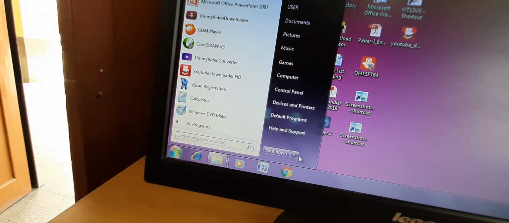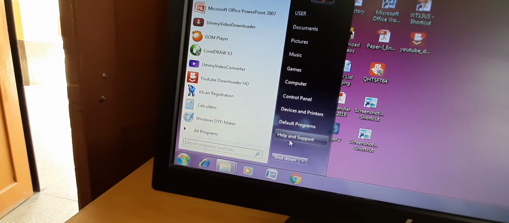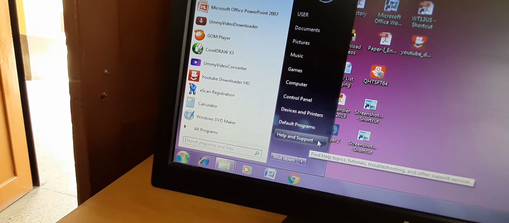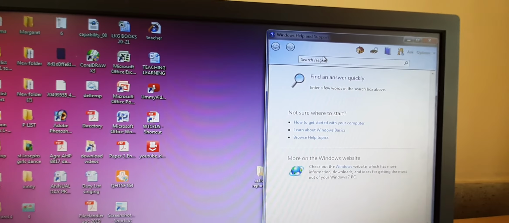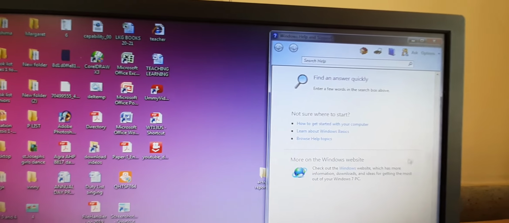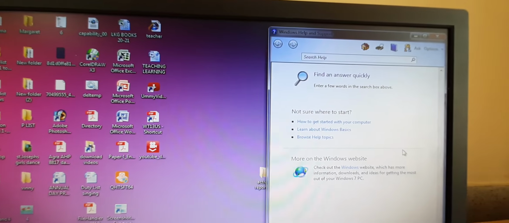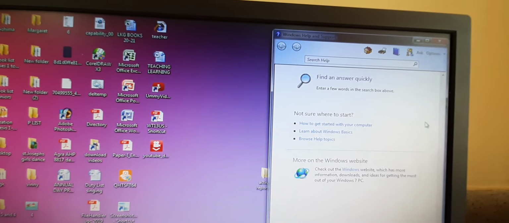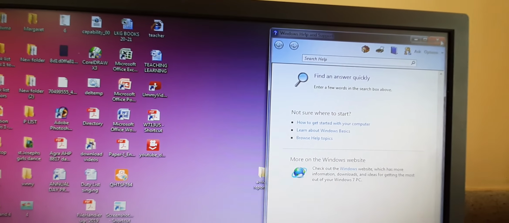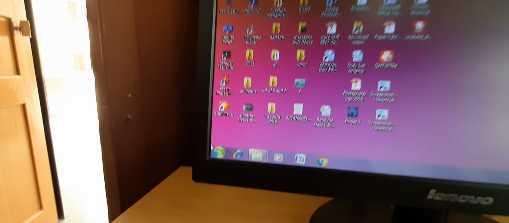Okay, and this is help and support. From here you can get help and support. Here you can type the help topic related to it, and here you can get the help. Okay, because you are quite small, you will not need this, but you need to know where these various options are located.